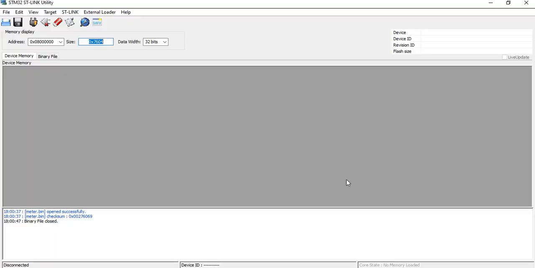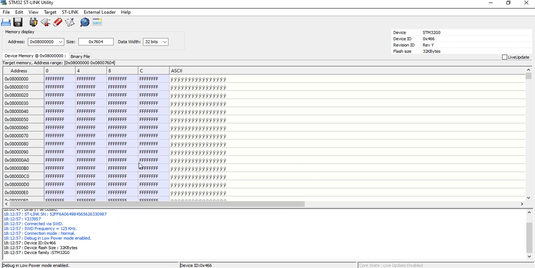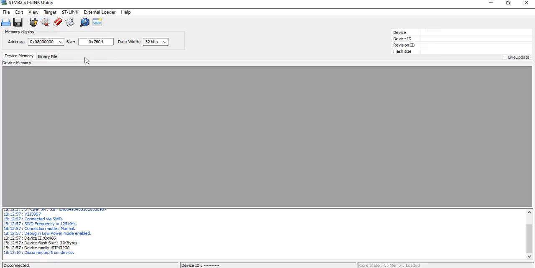It is a USB to SWD converter. Now we go to the tool. After making all the connections, you have to click on the connect button. This will check the connection. I click it, and the connection is okay. If there is no connection, it will show an error. And this is disconnect. You can see here, disconnect from the device. Now the connection is disconnected.